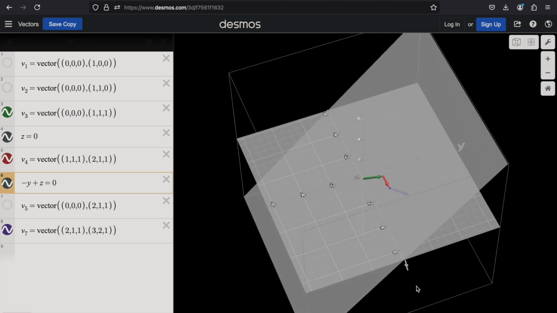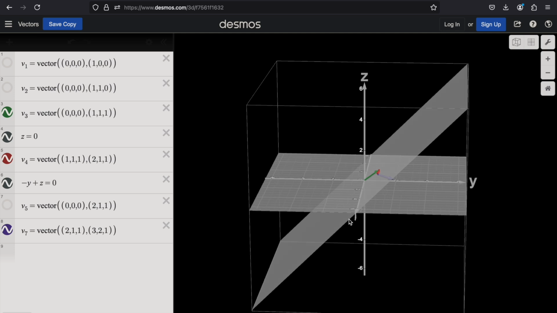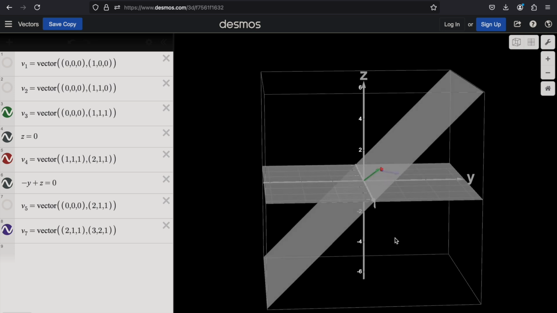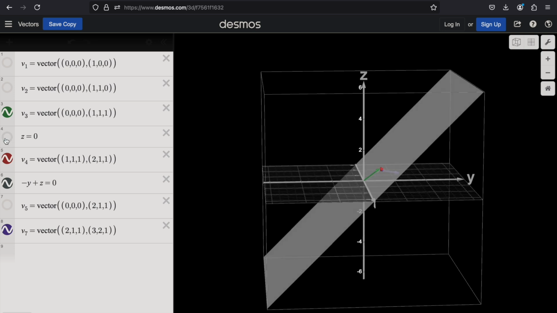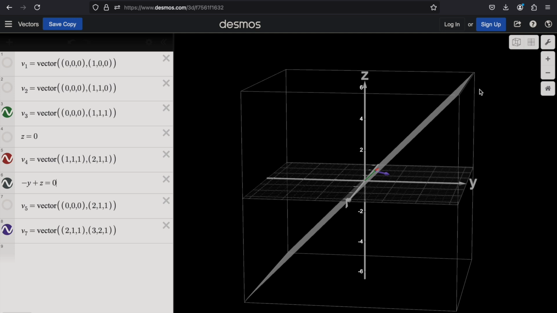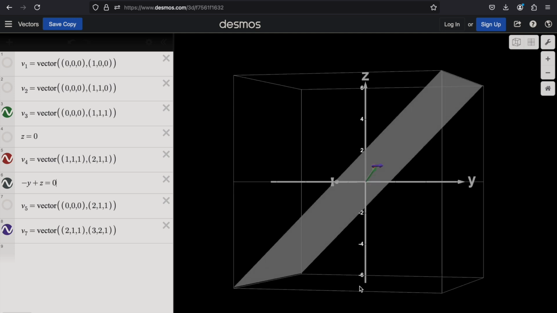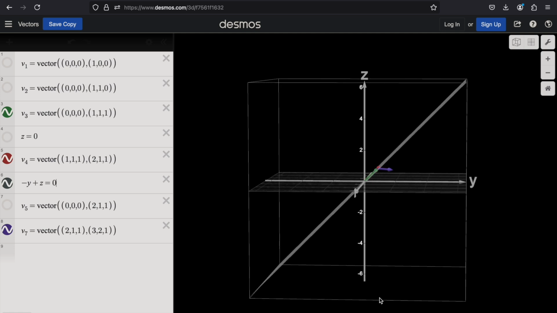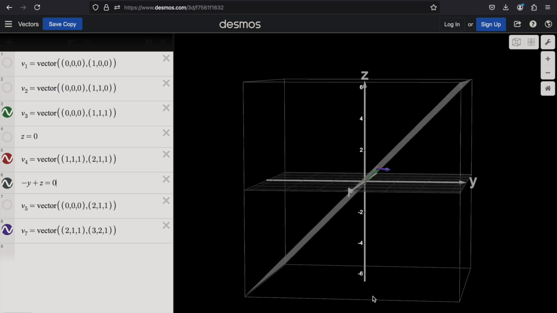Okay. So now if you see, this second column vector has gone outside the span. I will just remove this. This has gone outside the span of the first and third column vector, right? This has gone outside the span of the first and third column vector. So that's why